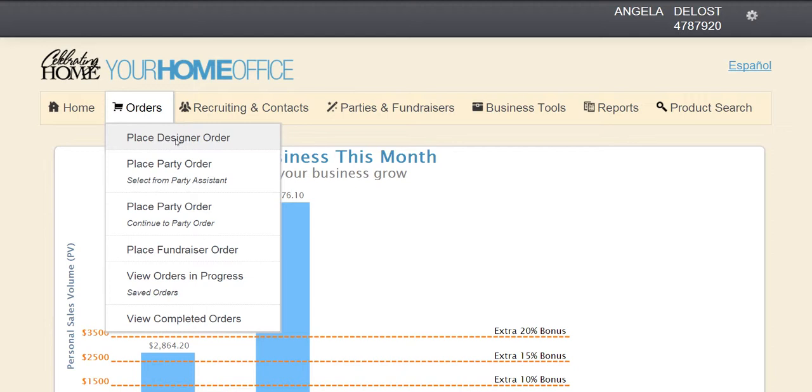I want you to understand when and why you're using a designer order versus a party order. When you need to order supplies, you will want to use a designer order. When you are redeeming your award certificates from our Smart Start Rewards program, you will want to use a designer order. When you are redeeming an out-of-stock certificate, now an out-of-stock certificate is a certificate that allows you to order an item that was out of stock when your hostesses, your customers, or your order was processed and shipped through